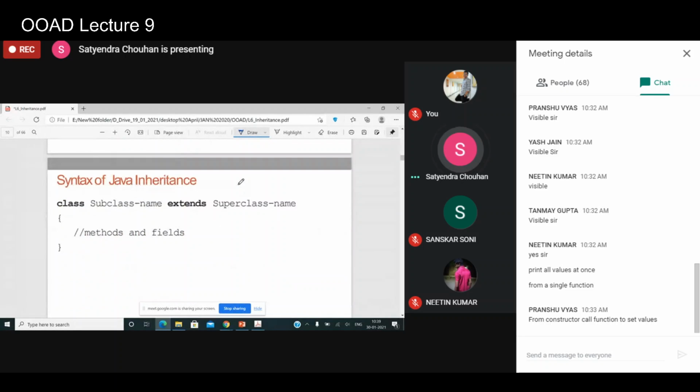To write the basic Java syntax to inherit a class, you write class, the subclass name, and you use the extends keyword, and then you write the superclass name. That's how we use inheritance in Java. All the public properties of the superclass are inherited in the subclass by using the extends keyword.